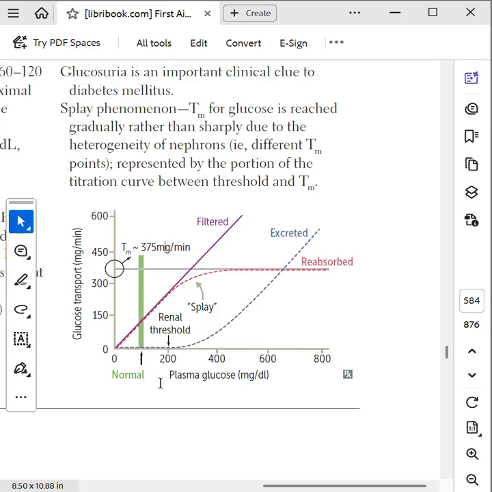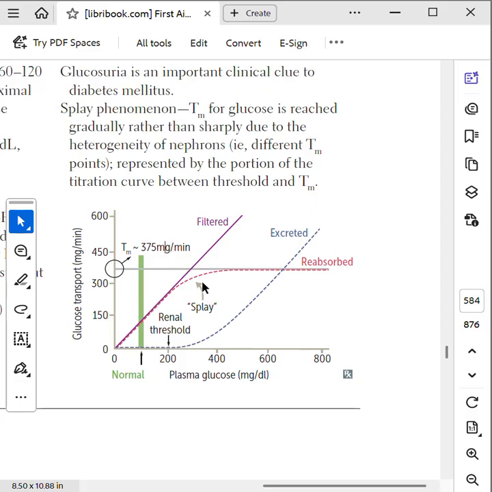So there is a plasma glucose threshold for the kidney which is 200 milligram per deciliter. In pregnancy this threshold decreases. Okay, so in pregnancy you find glucose in urine much earlier than in normal physiological states. So when the transport maximum is reached in a normal kidney, you don't suddenly get glucose in the urine. The presence of glucose in urine doesn't increase suddenly. It gradually increases.